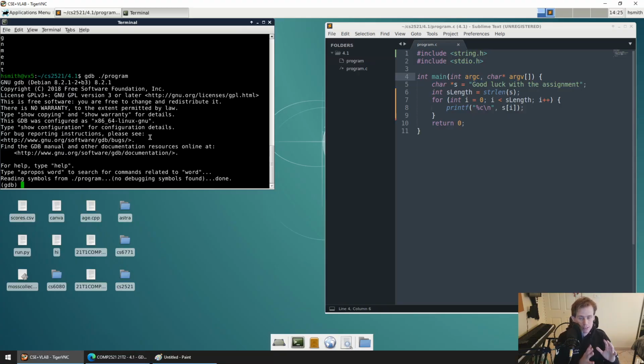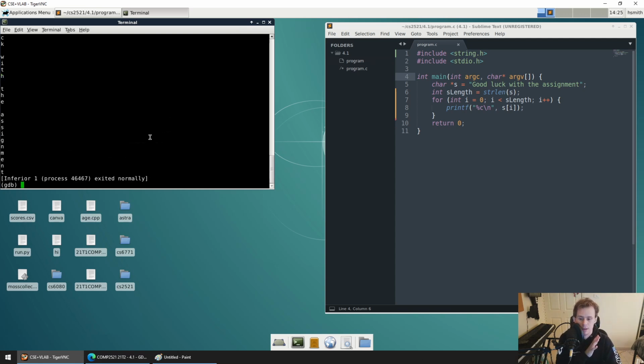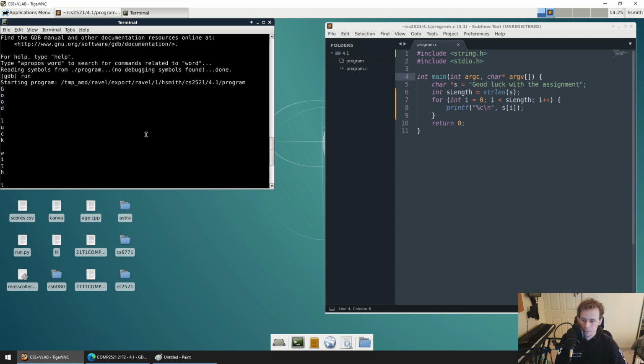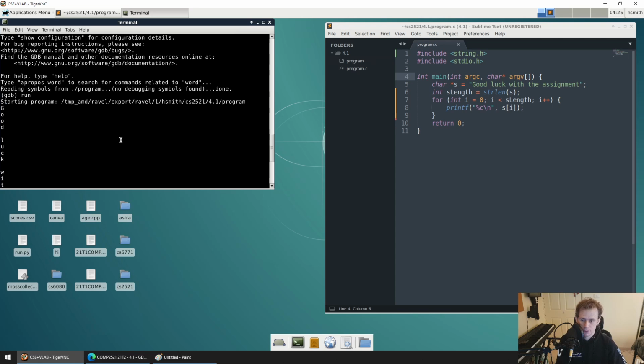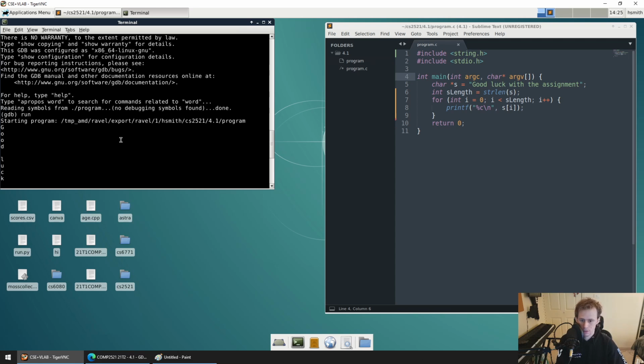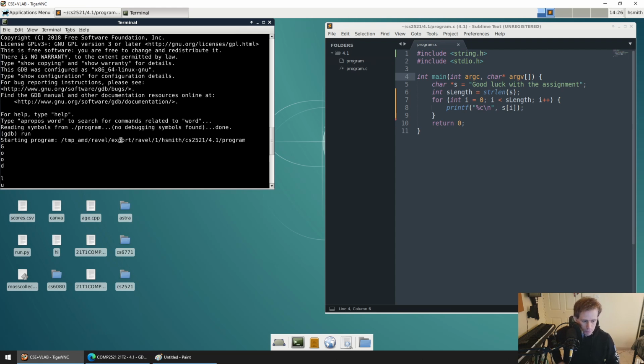So what GDB does is when you say, I want to do GDB on my program, GDB doesn't run it. It actually just gets ready to go, right? It goes to the starting line of a race, ready to go. And when you type run, it's like go and run to the end, go execute everything in the program. And when I do that, it runs. Now, I'm just trying to find something. So you notice here that this program,